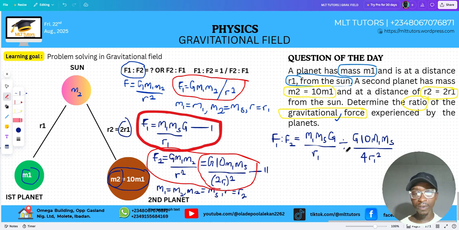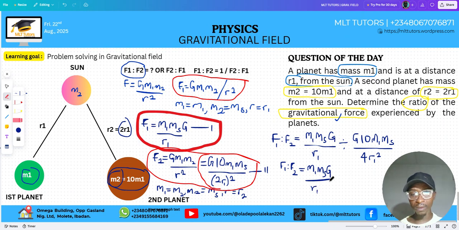Now we just need to perform simple arithmetic here, and in doing that, that implies that our f1 ratio f2 will now be equal to m1 ms g over